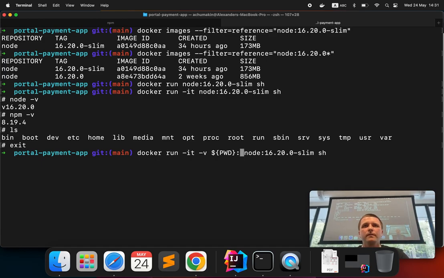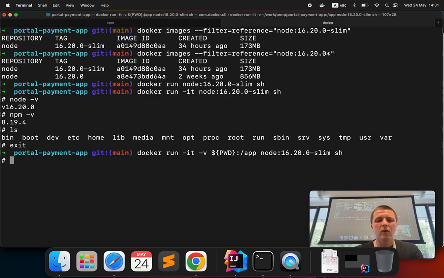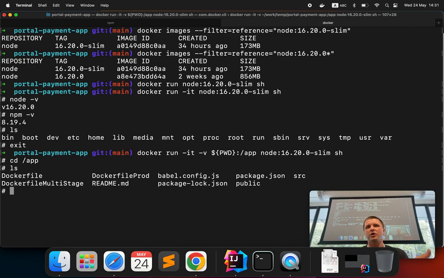Then after colon, we'll create a path inside the container. You can call it any way you want. I will just call it app. So this is the whole command. Docker run -it -v, then dollar curly brackets pwd colon /app or / whatever folder you want to create inside your container. And now, when I'm inside the container, I can go to root app, same as I did here, and I can run the command ls, and I have all my project files